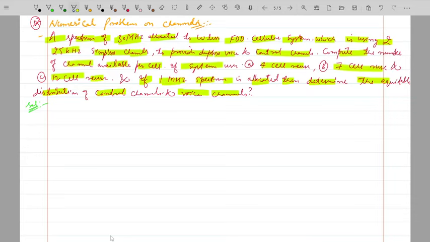So guys, I think you understand this question. So let's start the solution of this. So here, the total bandwidth or total spectrum,